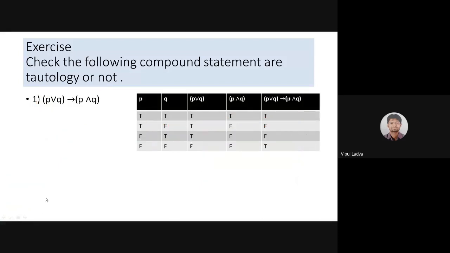When we try to prepare the truth table for this particular statement, first of all, we will be taking all the possibilities. As I said, in a compound statement we have just used two statements, so there will be two possibilities. That means I need to prepare 4 rows only: TT, TF, FT, and FF. These are just 4 different possibilities for 2 statements.